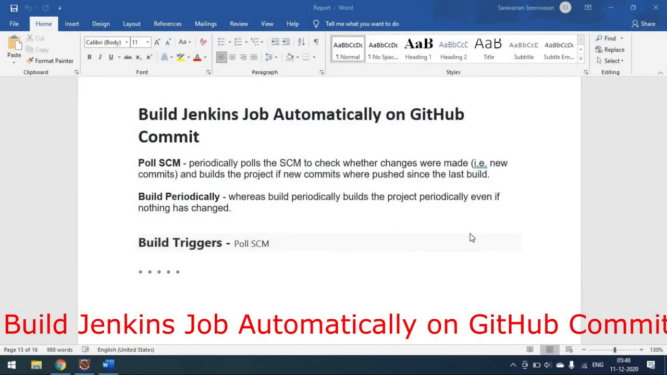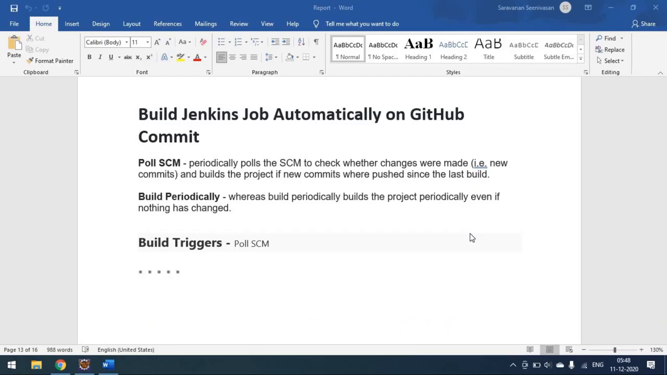Hi everyone. In this video we'll see how to build our Jenkins job automatically on each GitHub commit. For every GitHub commit we have to tell Jenkins to execute our build. In our previous video we saw how to run our test, locating the project from the local system as well as taking the project from GitHub. So we were taking the code from GitHub to Jenkins,